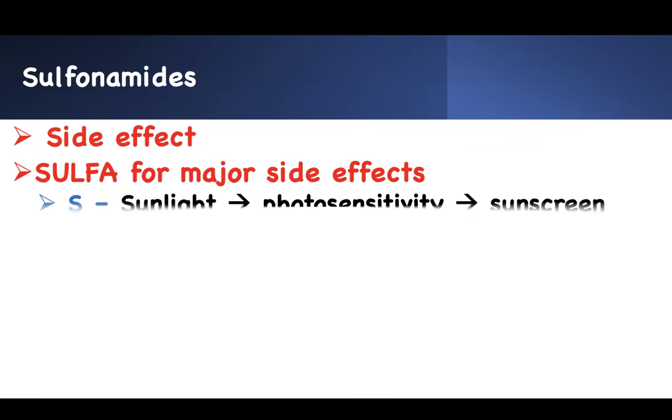One of the first ones is the S, sunlight. You should stay away from sun. It doesn't mean you can't go out in the sun. Well, you've got to wear sunscreen. You've got to wear a hat, long sleeves, protect your skin because of the photosensitivity associated with it. This is not that big of a deal. You can teach the patient. So for risk reduction, you teach them to have sunscreen on, avoid sunlight. If you're going out, wear a cap or long sleeves.